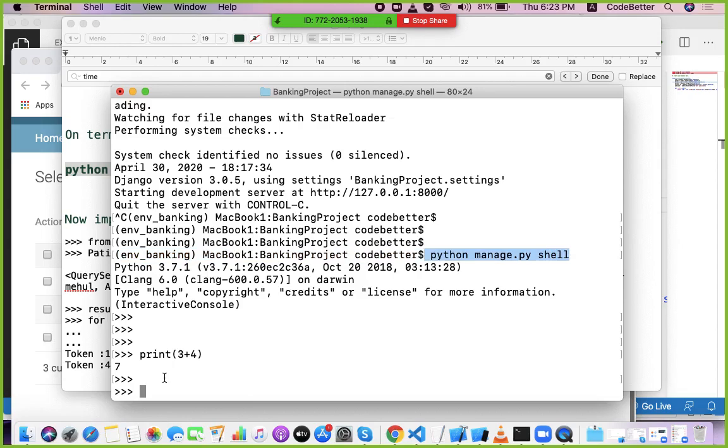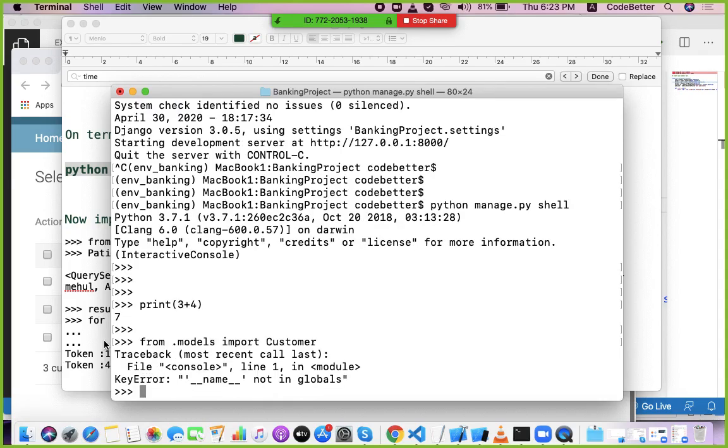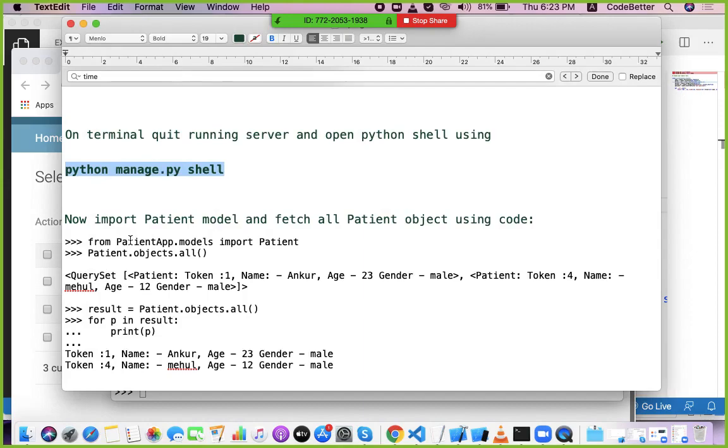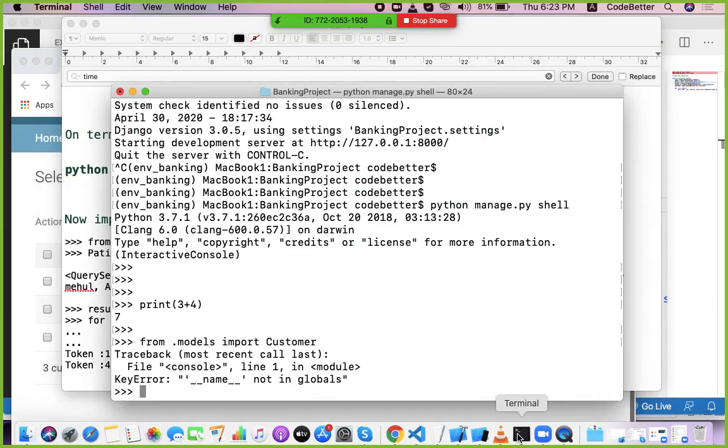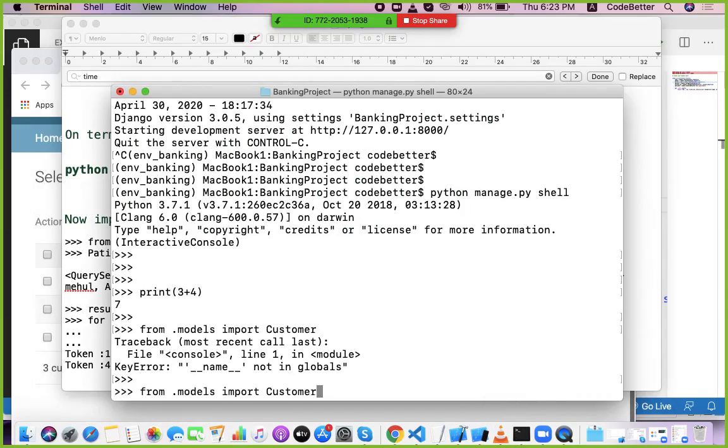So now in my environment I have customer. So what I do is from dot models import customer. I am trying to import the customer model. Okay, so the name is not available. So what I have to write is the complete path, the app name dot models. In my application it is customer app.